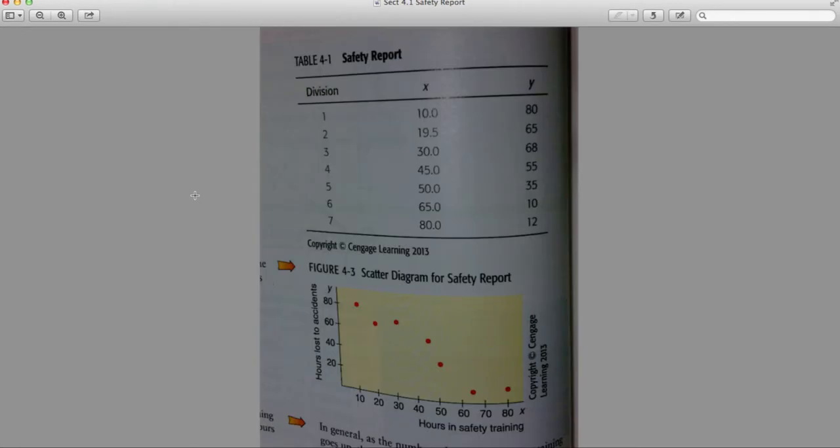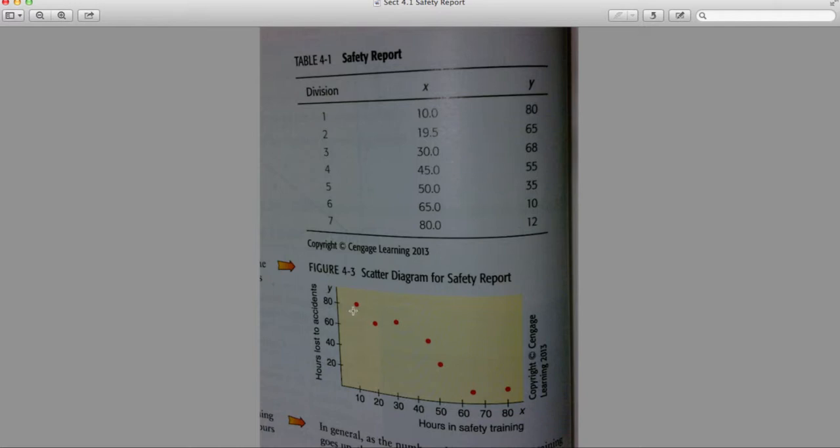Table 4.1 is a safety report that describes 7 divisions of an industrial plant's quarterly safety report. The X values right here represent the number of work hours used for safety training, and this is the explanatory variable. And the Y values over here represent the lost hours in each division because of industry-related accidents. So Division 1, they only spent 10 hours on safety training, and there were 80 lost hours because of industry-related